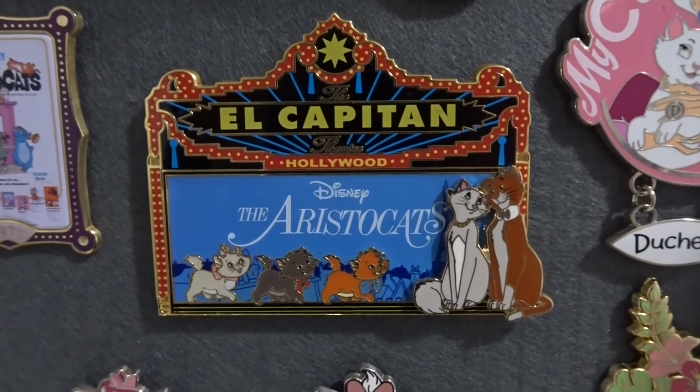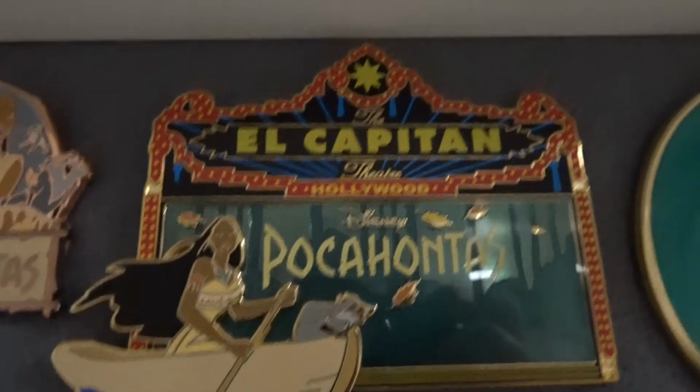But I like this one with the kittens. I think it's lovely. It makes a great centerpiece for a board. And then the other one is the Pocahontas one. You can find that for a fairly reasonable price. For some reason, Pocahontas pins for the most part don't really soar too high unless it's like a WDI pin. And yeah, so again, for a while that Pocahontas marquee was the center of my board,